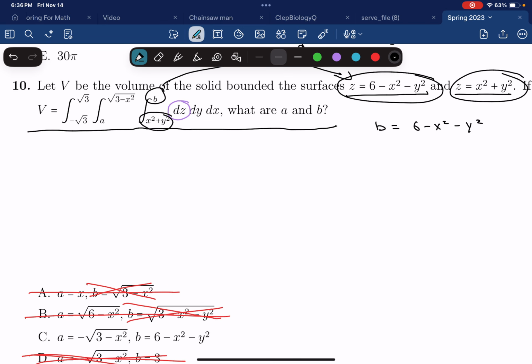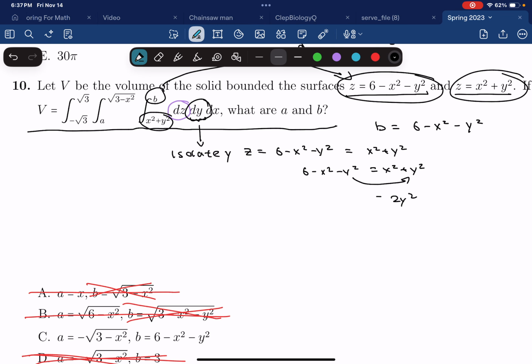Now the next one we see is dy. So how do we evaluate from here? Well, we know that z is equal to 6 minus x squared minus y squared, but z is also equal to x squared plus y squared. So if we set these two equal to each other, like so, we want to isolate y. So let's move everything to where it should be. So if we move it over here, we get 2y squared is equal to 6